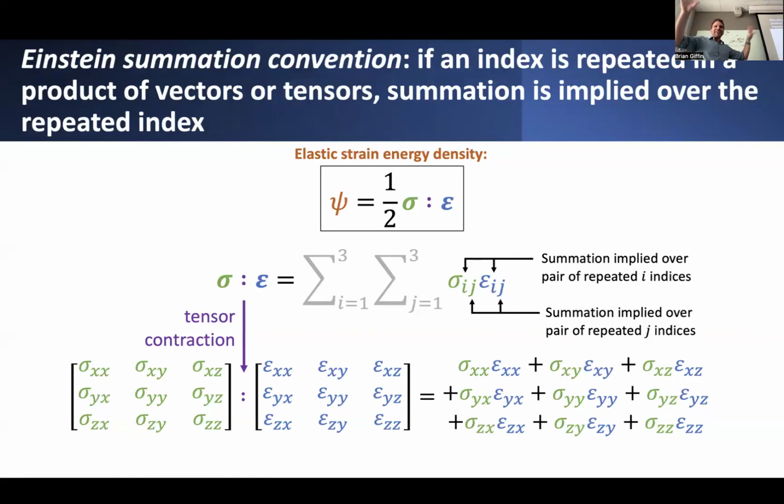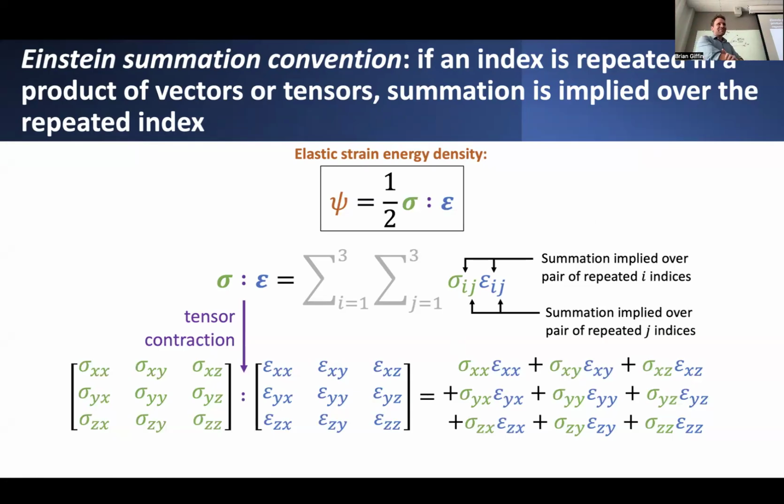I want to dive into and remind you of this notion of Einstein's summation convention, which is basically the idea that if you have this expression represented in terms of these sub-indices, in general, if you're trying to represent this tensor contraction in terms of this double summation over sigma ij, epsilon ij, where these ranges for i and j range between 1 and 3,